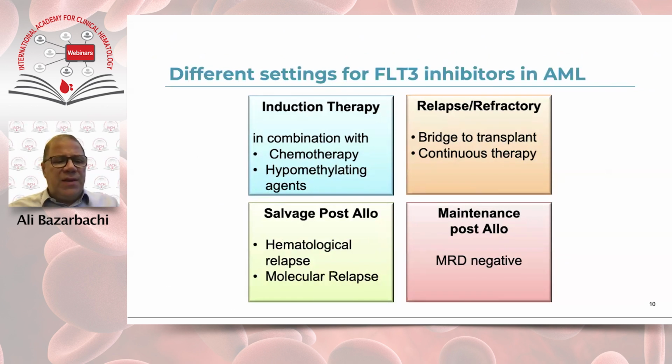So there are different settings for using FLT3 inhibitors in AML. They can be used during induction therapy in combination with chemotherapy or hypomethylating agent. They can be used in the relapse refractory setting as a bridge to transplant or continuous therapy